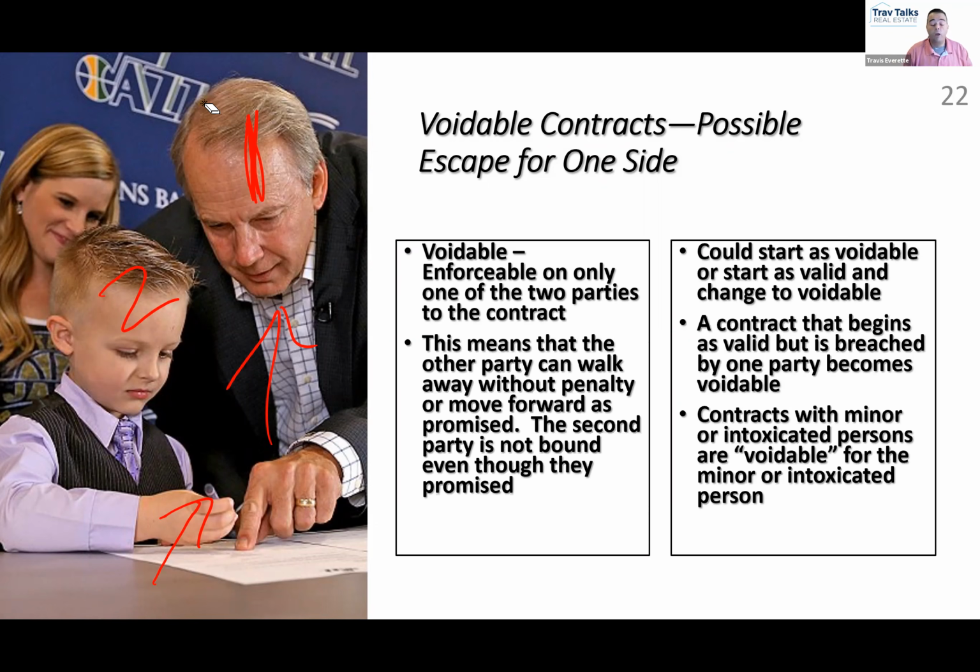The other people who don't know what they're doing, in addition to minors, a good example would be intoxicated persons, people who are intoxicated at the time. But here's what I want you to understand, and this is where that whole changing dynamic becomes important. Let's say you present an offer to a seller and they are knee-walking drunk and they accept the offer. Are we valid or voidable? Voidable.